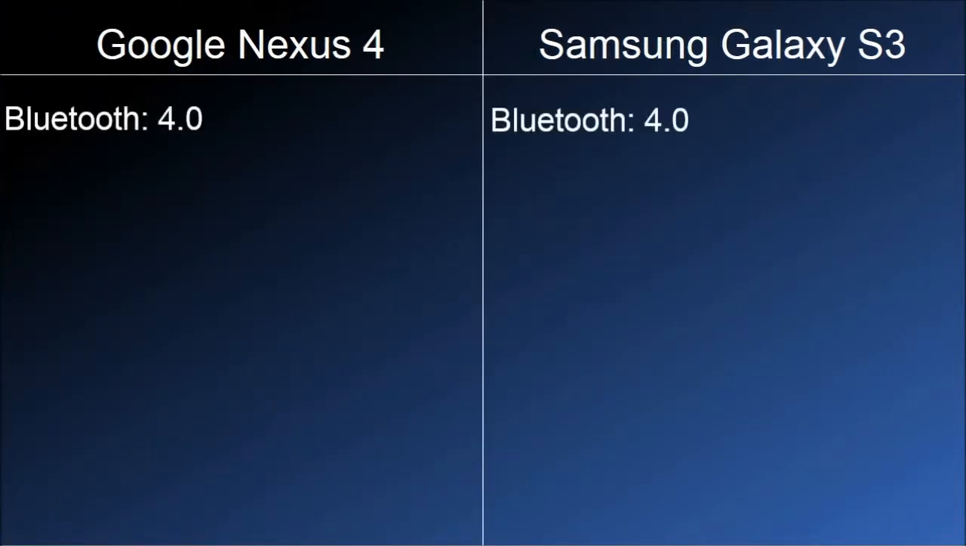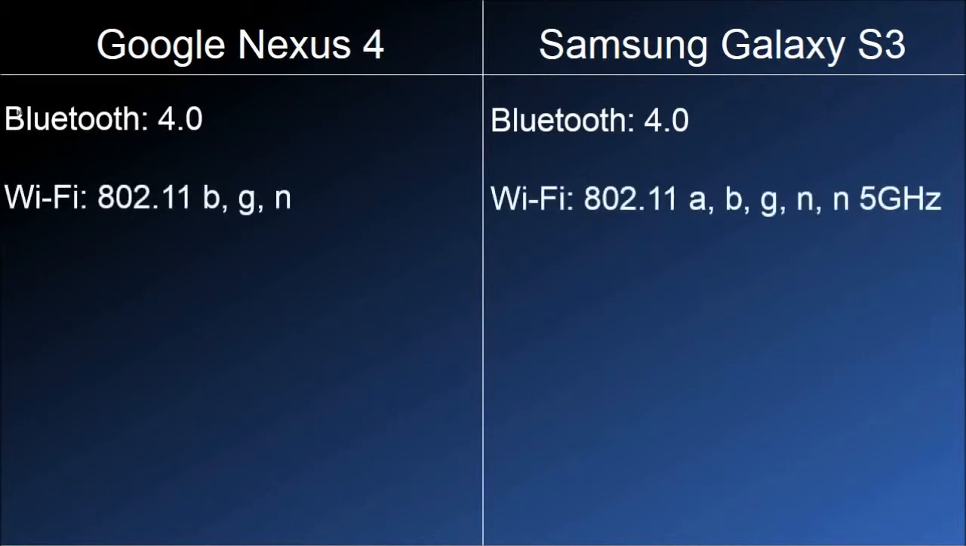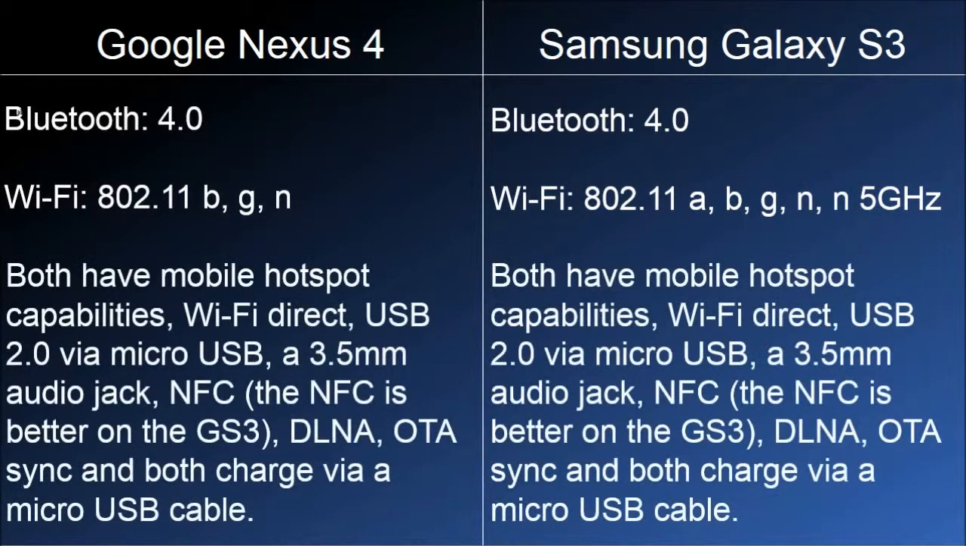Now, in terms of connectivity, both have Bluetooth 4. Both obviously have Wi-Fi, but the S3 has a wider range of connectivity. It can go on Wi-Fi A, B, G, N, and N 5 GHz, whereas the Google Nexus 4 can only go on B, G, N. This won't make a difference to most people in the world, but if it makes a difference to you, here it is. Now, both have mobile hotspot capabilities, both have Wi-Fi Direct, both have USB 2.0 via micro USB,